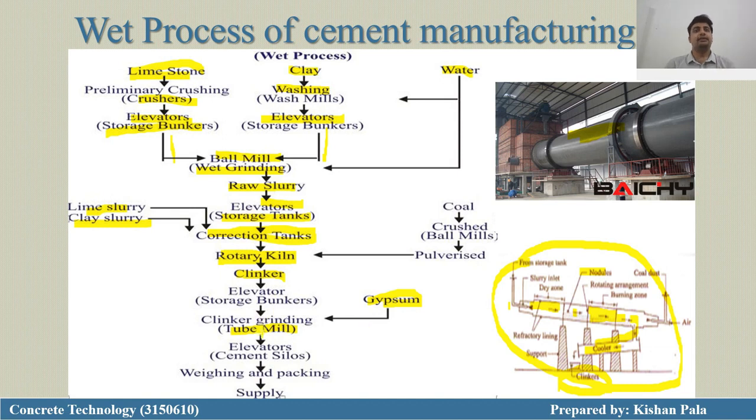and then the clinkers are ground, and we get the final product, the cement mass, and we can allow it for weighing and packing of the cement in 50 kg bags of volume 0.035 cubic meter, and stored in a dry place. So this is the basic wet process of cement manufacturing.